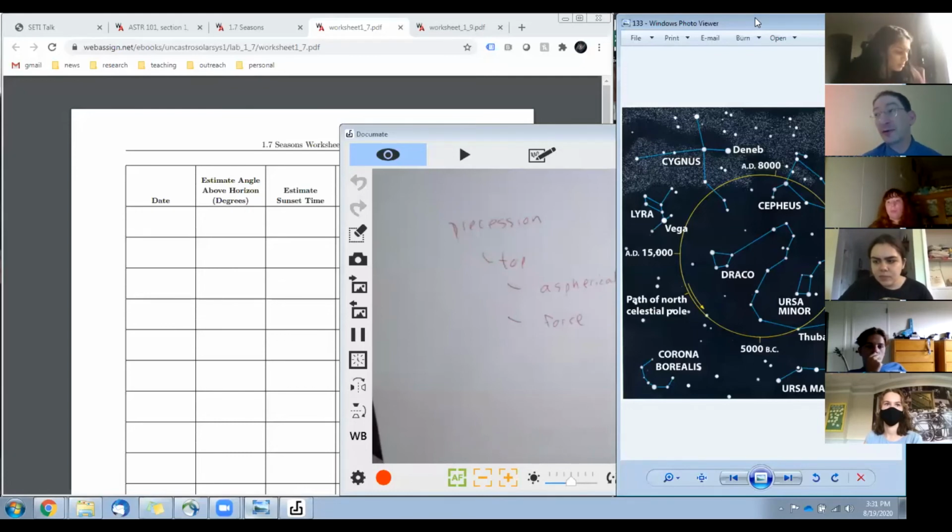Now, it did matter for navigation a long time ago, because if they navigated off of Polaris back in 3000 BC, they would go astray. They needed to use Thuban back then, for example. Okay.